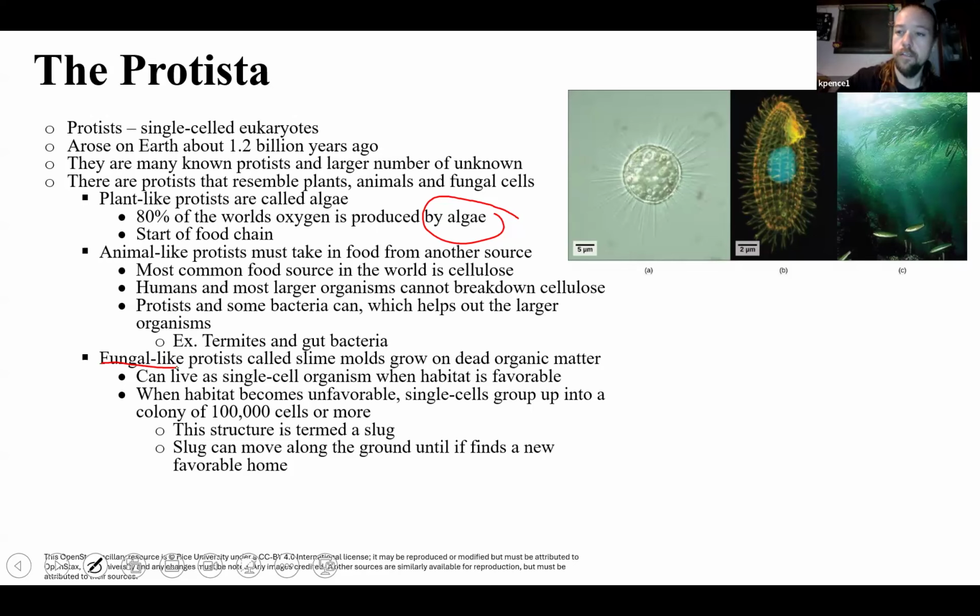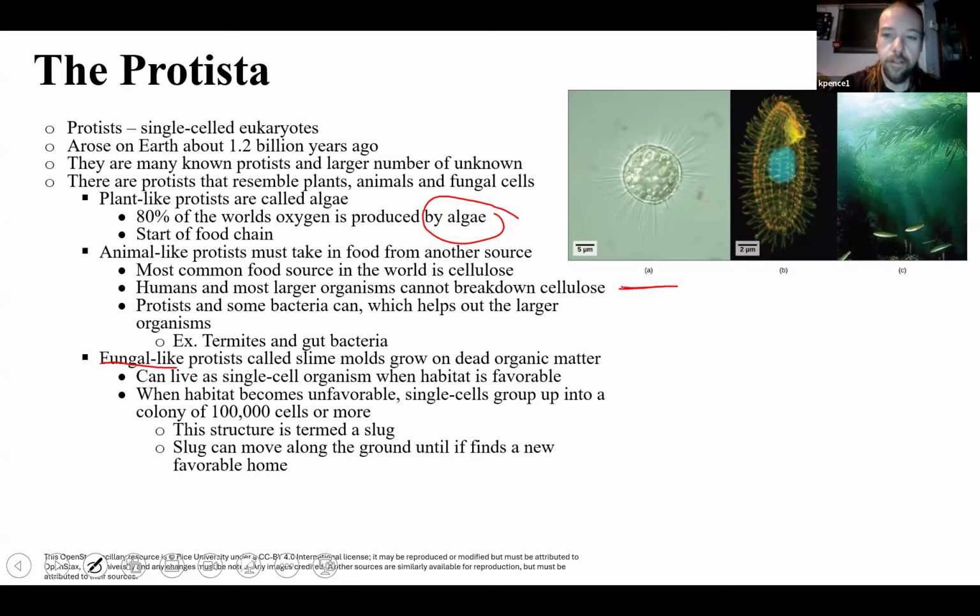What you see on the screen, all these are protists. So this guy here, number A, he's called Rosaria. So Rosaria are often referred to as living crystals. So it actually looks like sort of a rock or a crystal. They actually can make very small cellular skeletons. This one here is a ciliate paramecium.